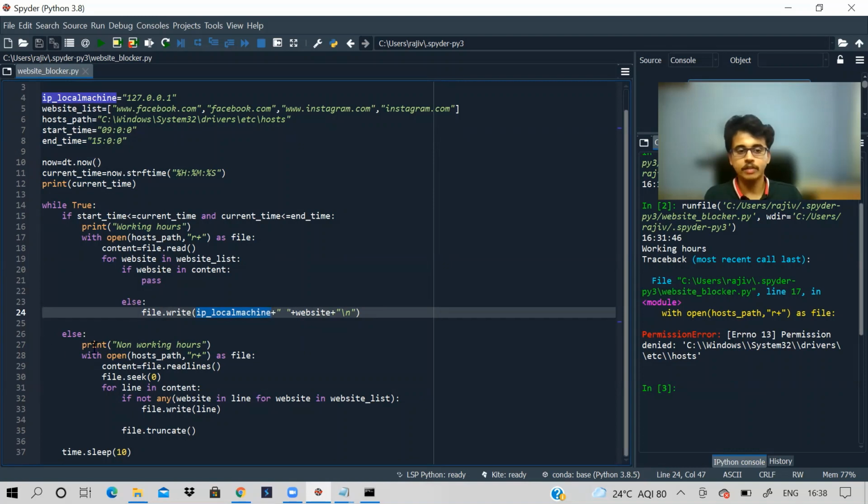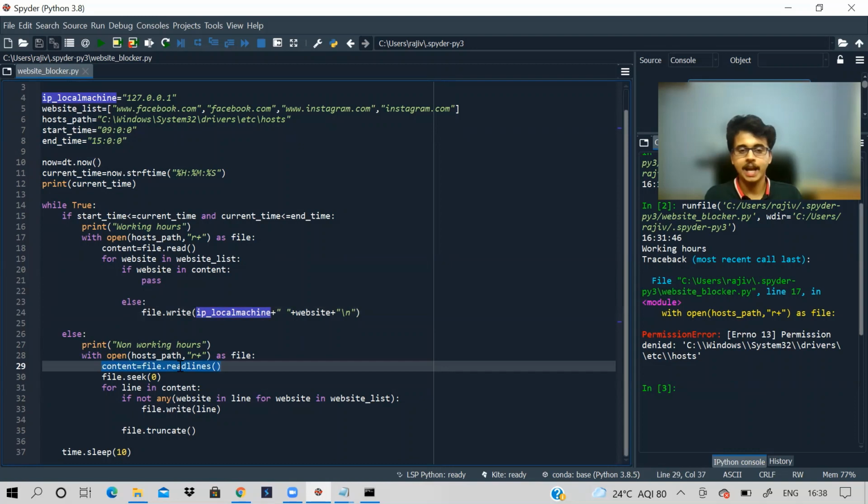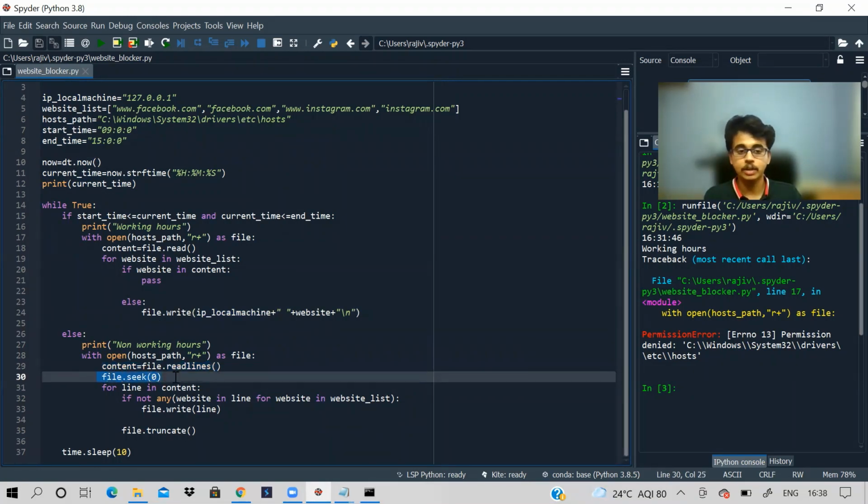If it is in non-working hours, first of all, we get the content of the file as lines. We want to write back all the lines. Why do we want lines? Basically, we want to check if the website is there or not. If the website is not there, only then do we want to write that line back. And file.seek is important because we want to start writing from the top, from the beginning.